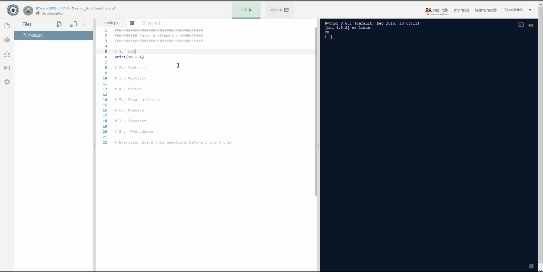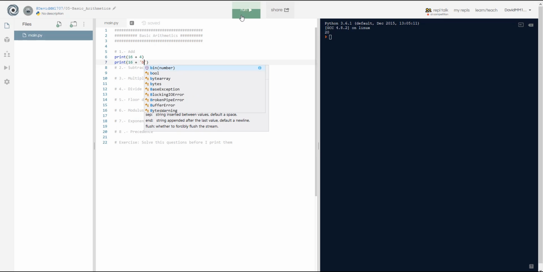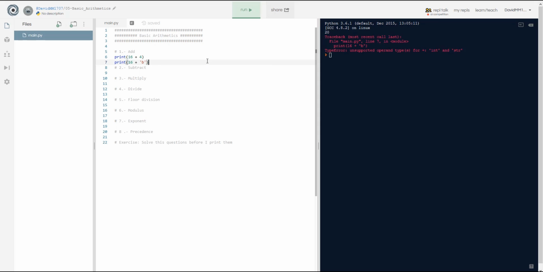Remember that you have to add numbers. You can add numbers and text like this: 16 plus b, but it's going to throw a type error. It's asking for int, integer, and integer, not integer and string, a text. Remember that when you have commas,